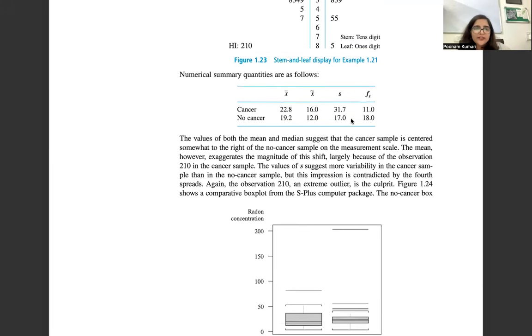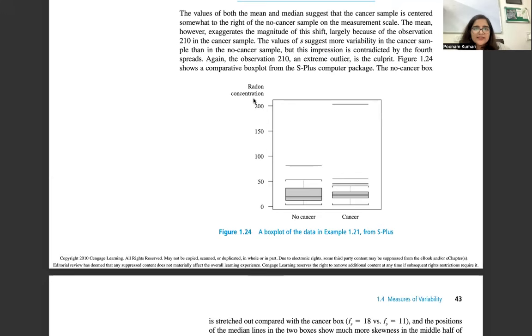So here, for example, they have some cancer radon-related concentration data. For the people who have no cancer and the people who have cancer, they have two categories. And then they've drawn their box plot like this. On the y-axis, they have different numbers. So this is the median. This was the lower fourth. This was the smallest value. This was the median. This was the upper fourth. This was the largest value, which was not the outlier. And this was the outlier, right? Similarly for this.